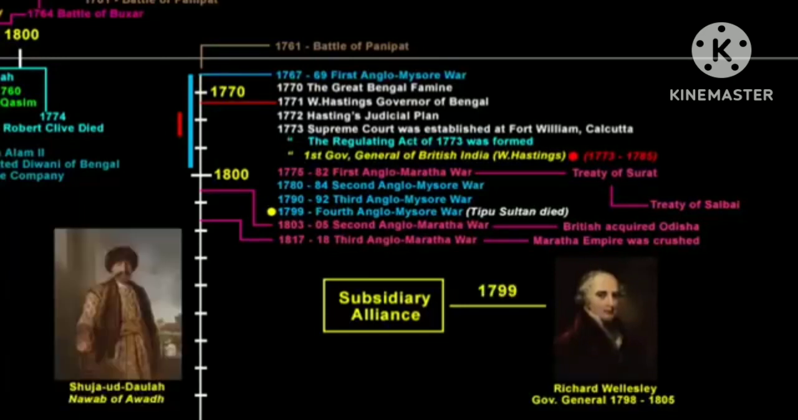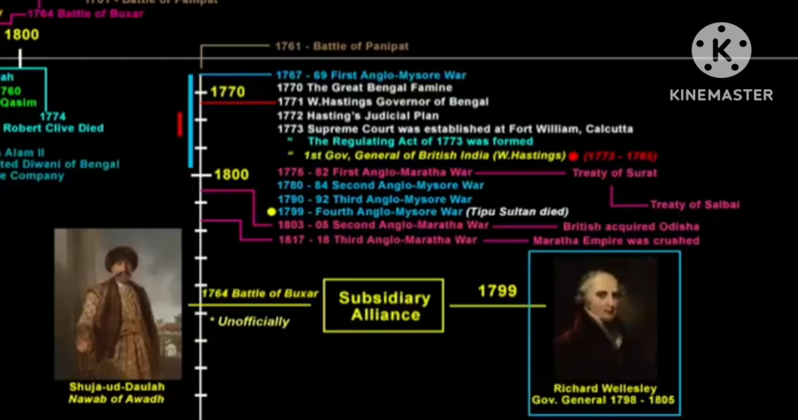Now unofficially, the Nawab of Awadh, that is Shuja-ud-Daula, was the first to enter into a subsidiary alliance after the 1764 Battle of Buxar. Now I'm not trying to confuse you over here. I just want you to think critically, because on one hand, the policy of subsidiary alliance was framed by Lord Wellesley,